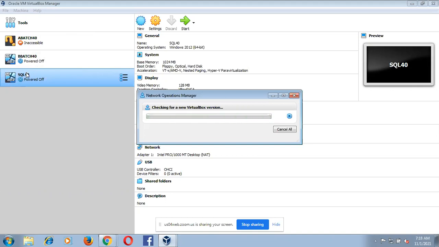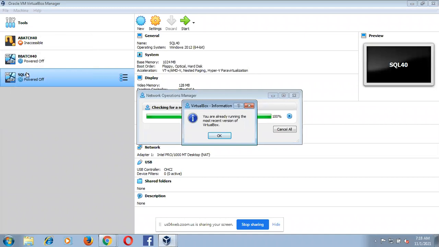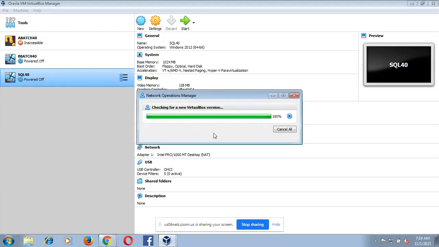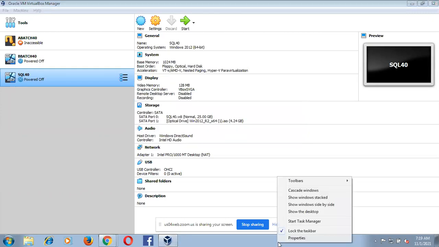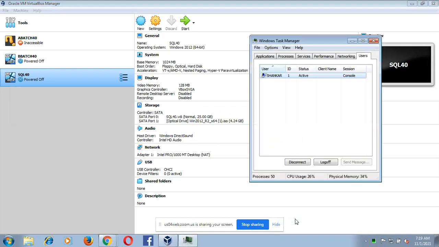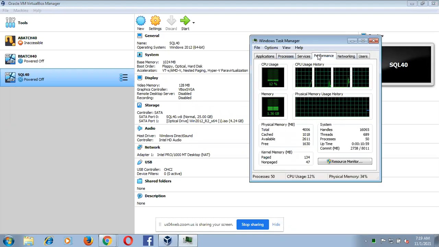Checked, sir, enabled. We are already running the most recent version. Okay, click OK. Open Task Manager, go to performance. Where is that virtualization? I saw it in BIOS settings, sir. Here I'm not seeing it.